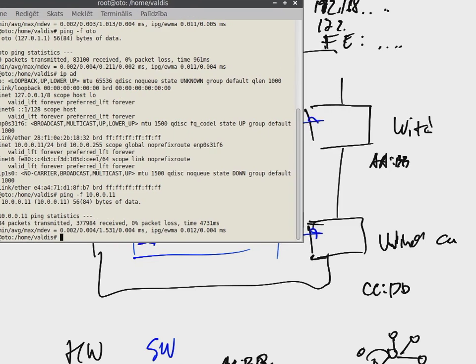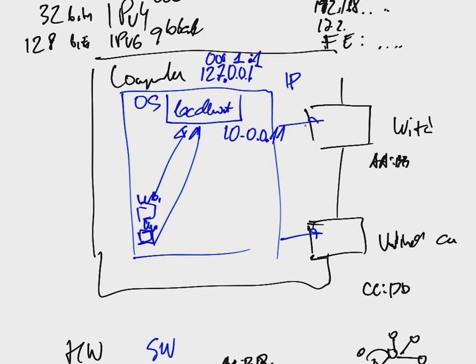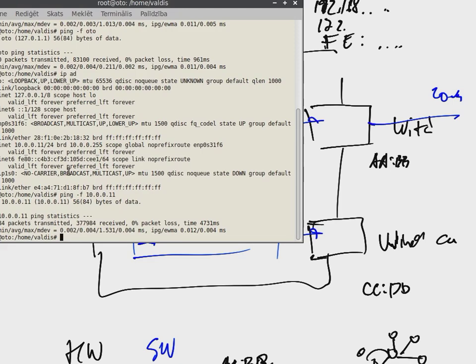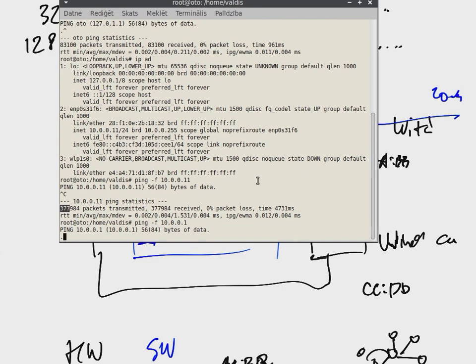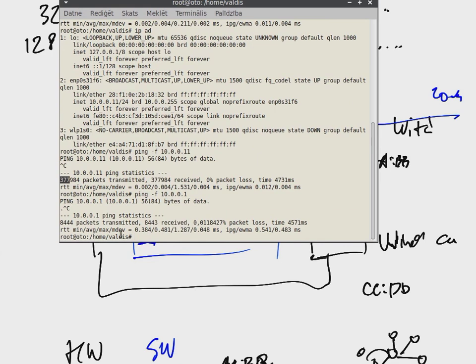But if I start sending packets through this device to another thing, and the first thing here is the local router, whose address is 10.0.0.1, and this is a gigabit Ethernet network,